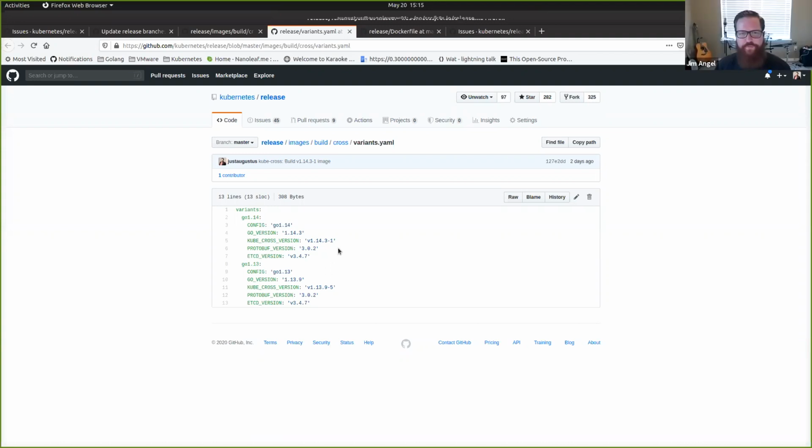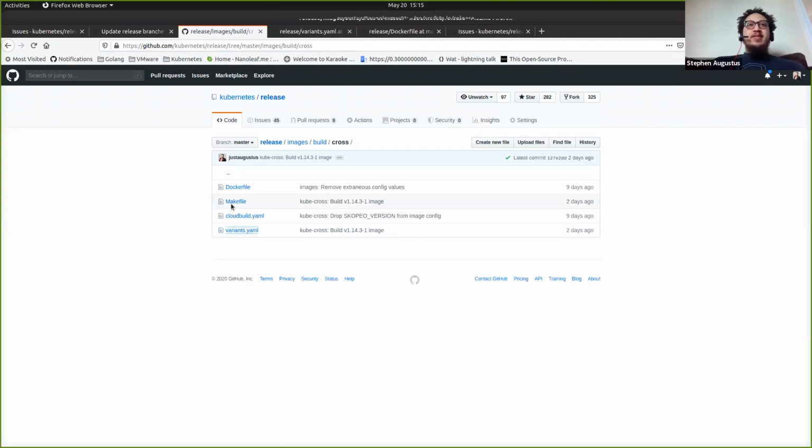What's actually calling the variance.yaml? Is make pulling that, or is the Docker file? I guess, where does that actually get leveraged? Oh, we're going there next. Perfect. So within the makefile and the cloudbuild.yaml,